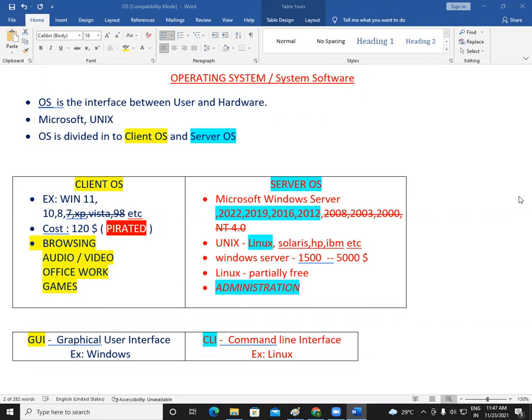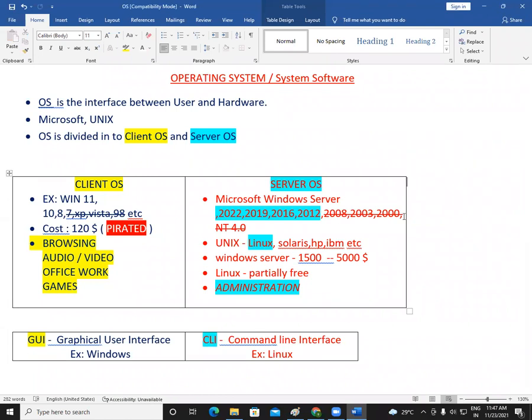Now, to do practicals, to do MCSE practicals, we should have this server operating system, Windows Server 2012 or Windows Server 2016. So from where can you get Windows Server 12, 16 or 19? Hopefully before the end of the session, I will show you from where you can download the server operating system. Now, is the operating system that I'm asking you to download a pirated operating system or a genuine operating system? It is 100% a genuine operating system.